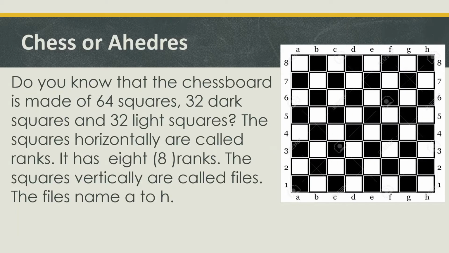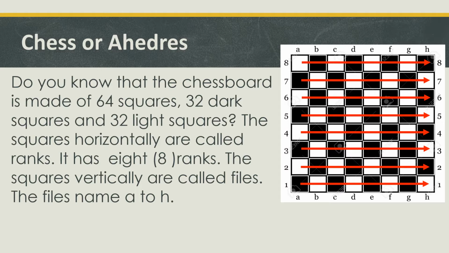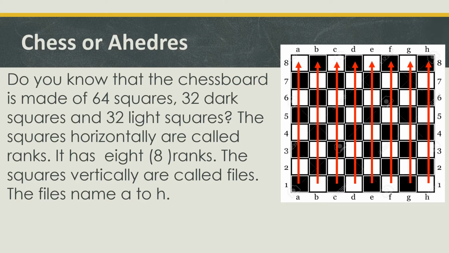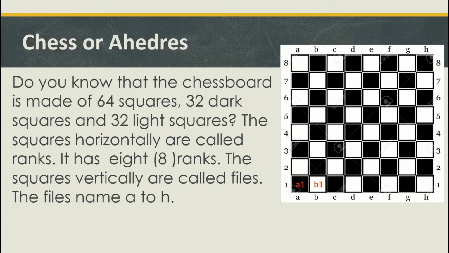Do you know that the chessboard is made of 64 squares, 32 dark squares, and 32 light squares? The squares horizontally are called ranks. It has 8 ranks. The squares vertically are called files. The files name A to H. A1, B1, C1, D1, E1, F1, G1, H1, A2, B2,